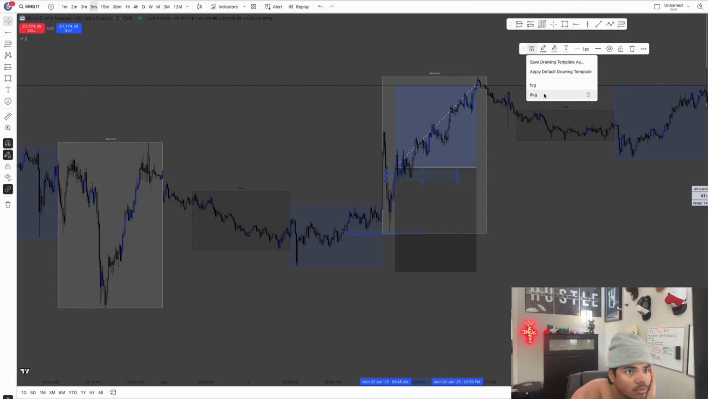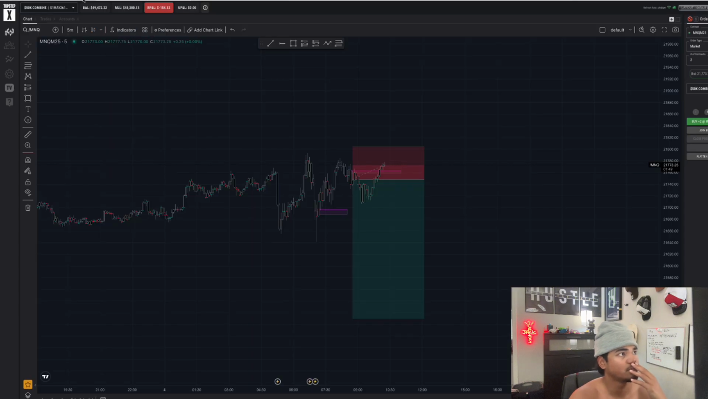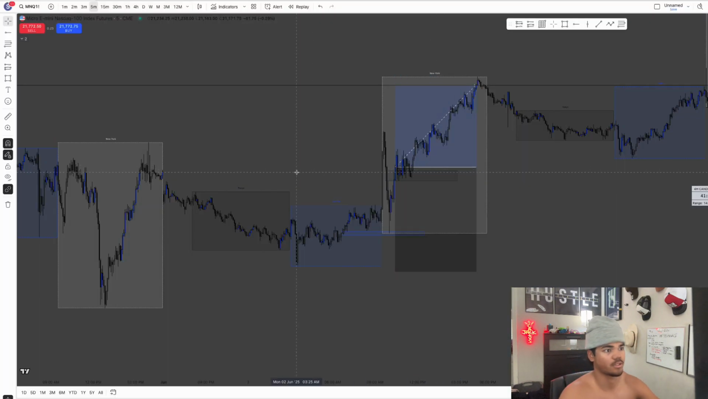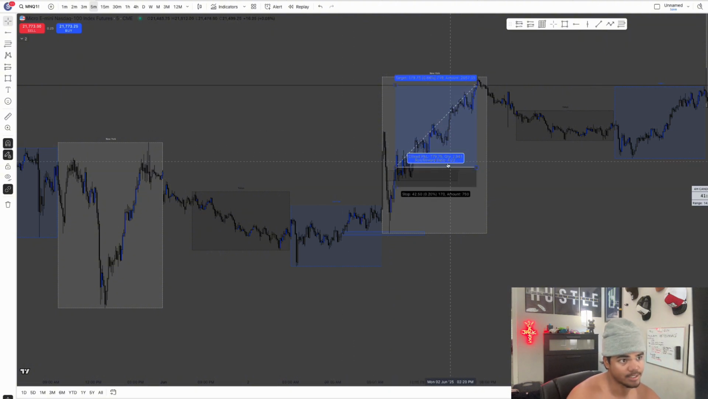Boom. Bam. And then, see, oh man, I'm not fast forwarding it. Okay, so yeah, then this would have been the second entry, stops on a close below this gap right here. And then yeah, this would have been a second entry. If you didn't get that entry, then